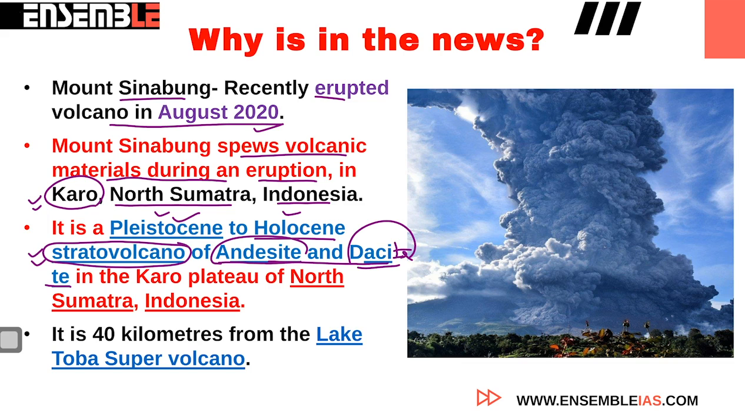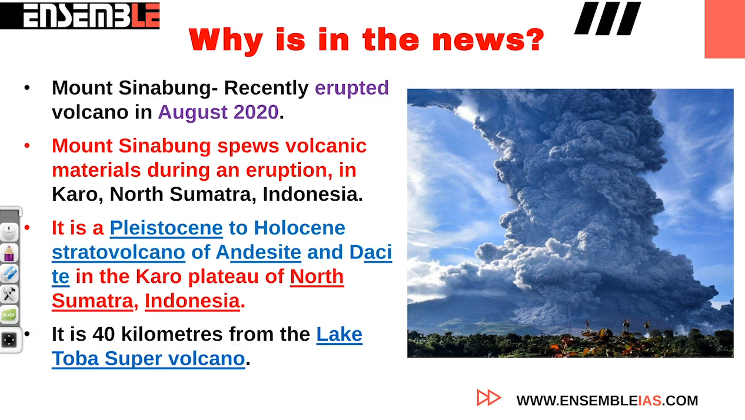So this is a type of material in the magma, and this lies in the Karo Plateau of North Sumatra, Indonesia. And the other related information that is important in this respect is it is 40 kilometers from Lake Toba, and Lake Toba is a type of super volcano. Moving towards the next,